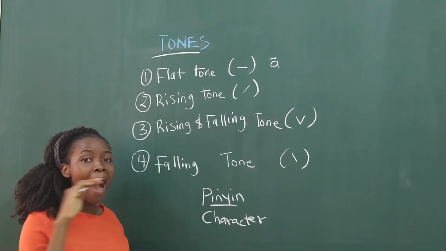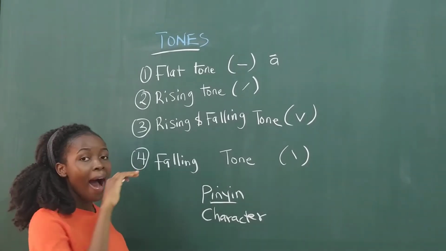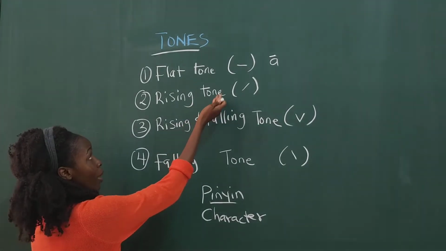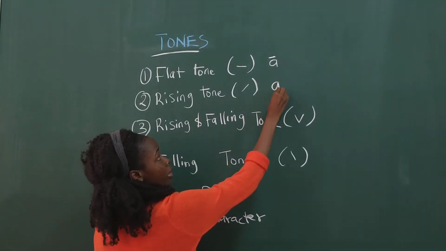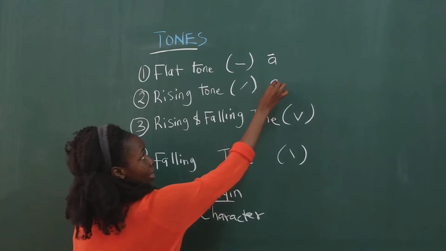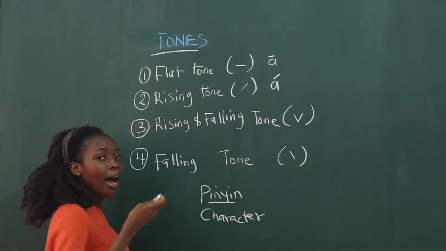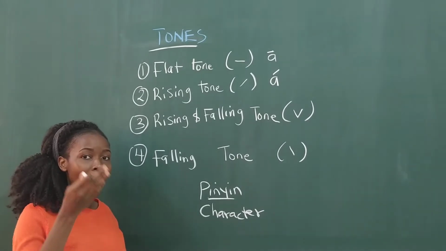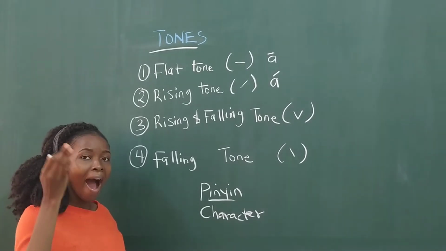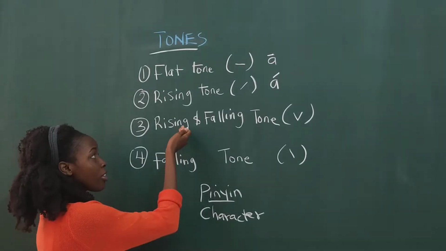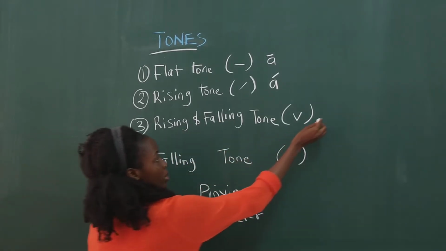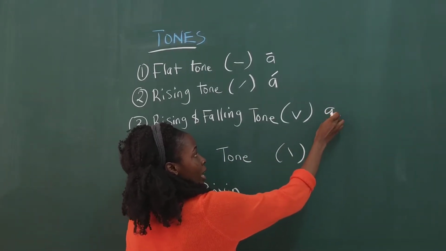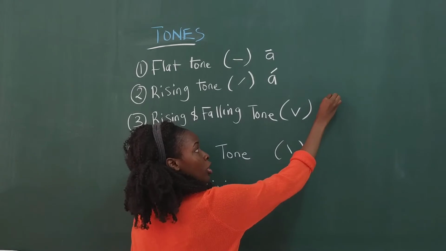Go with me. We have the rising tone. I have the pinyin, and then I add the rising tone on top of it. It becomes. Follow me. Now I have the rising and the falling tone. I have the pinyin A, and then I add the rising and the falling tone on top of it. It becomes